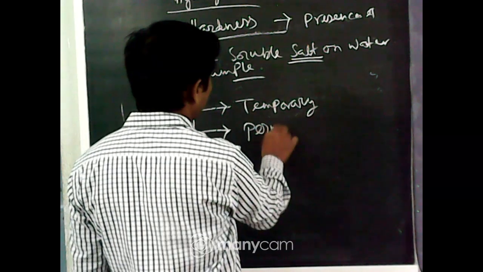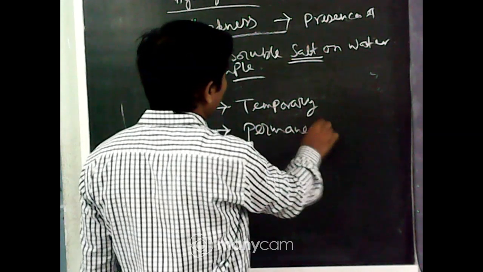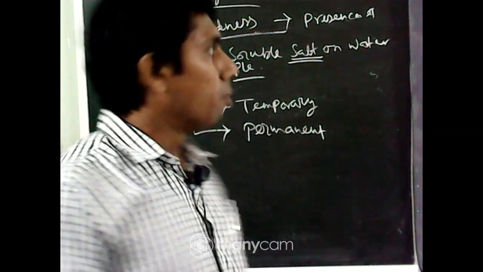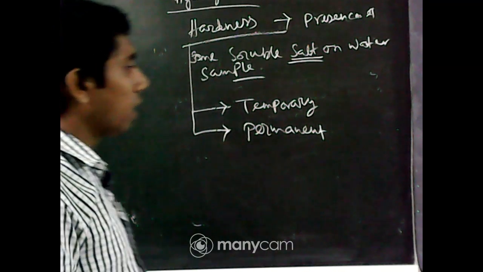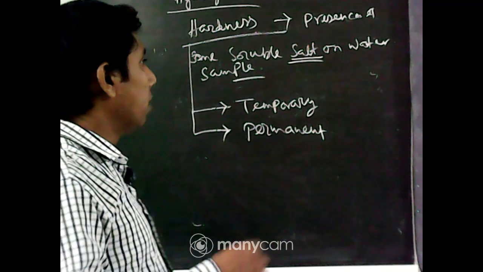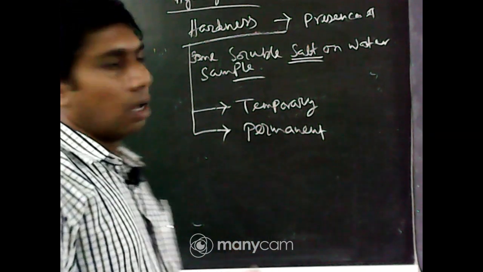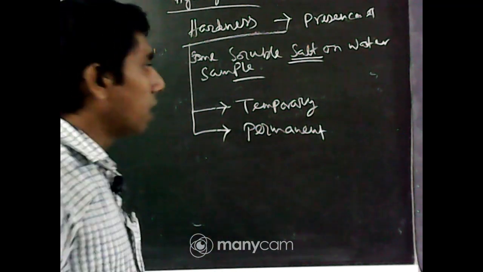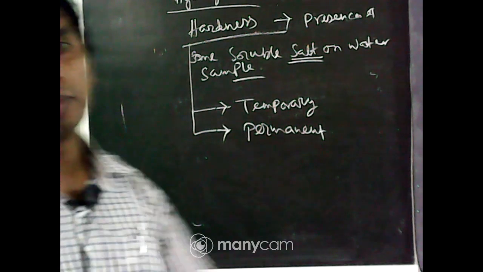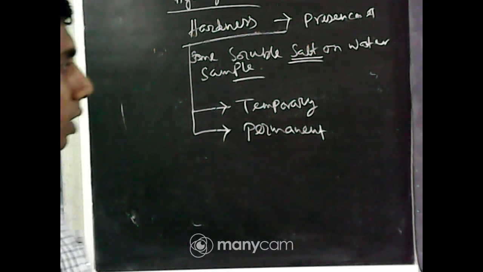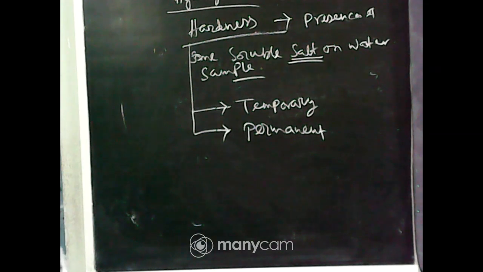and permanent hardness. Okay. The removal of temporary hardness is very easy. First one is boiling and then filtration. But permanent hardness can be removed by some methods. So, first of all, temporary hardness is removed by